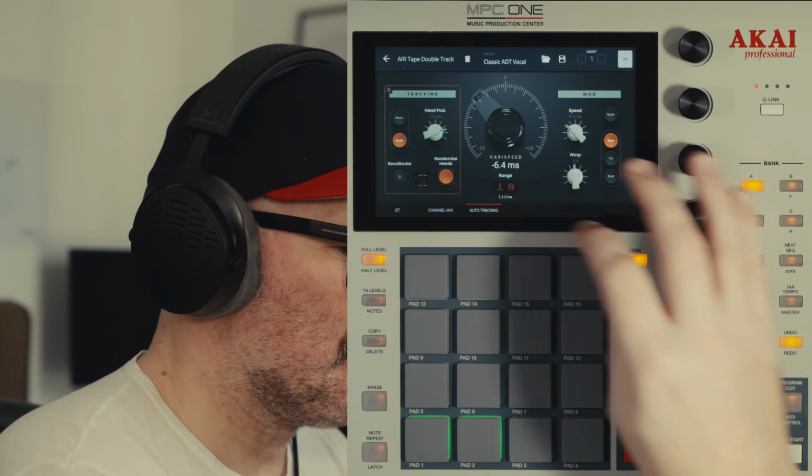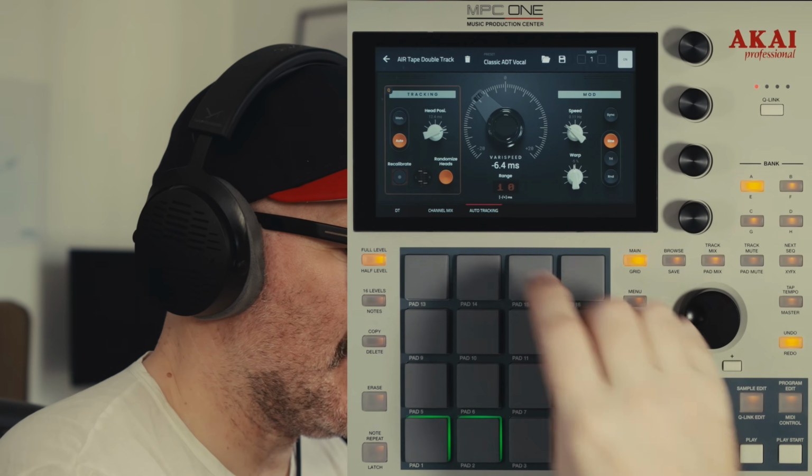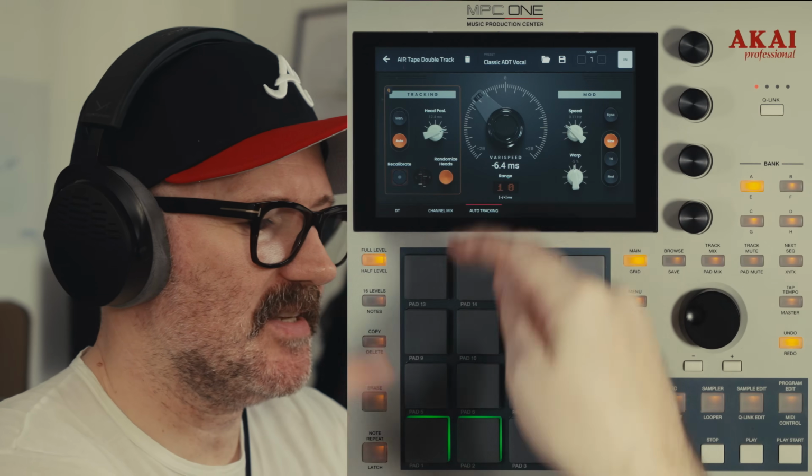So if I go into random head here and then recal, you'll see that the left and right heads are